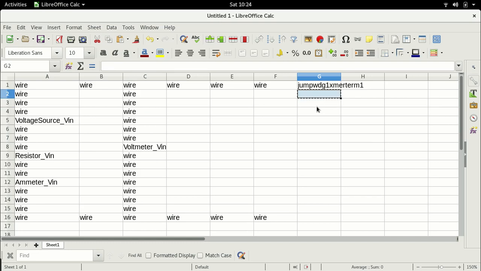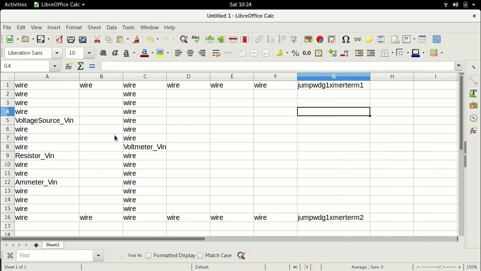Surprisingly, they came together. Never mind. So one of them is jump winding 1, transformer term 1. The other is jump winding 1, transformer term 2. So these are the two terminals of winding 1, which are now connected to this source. So let us save this file